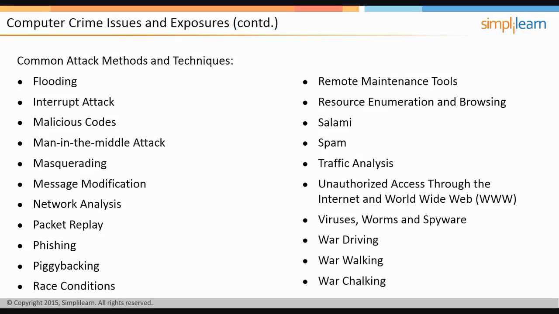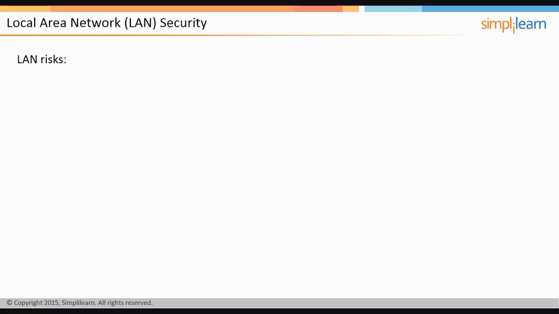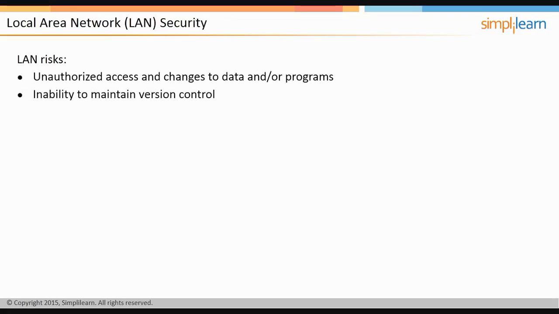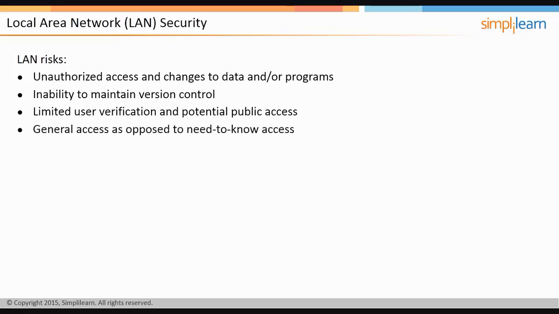In the next few screens, we will learn about local area network (LAN) security. A local area network is faced with a lot of risks. Examples of these risks are unauthorized access and changes to data and/or programs, inability to maintain version control, limited user verification and potential public access, general access as opposed to need-to-know access, impersonation or masquerading as a legitimate LAN user,